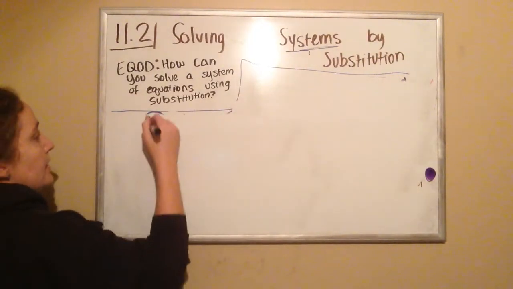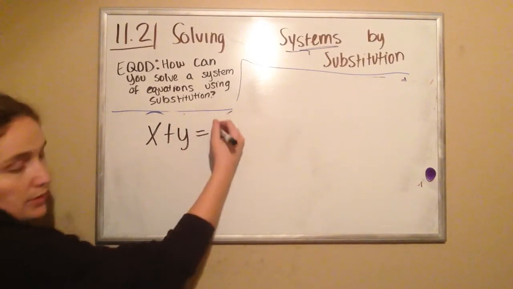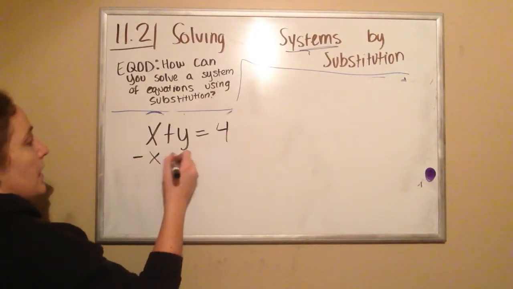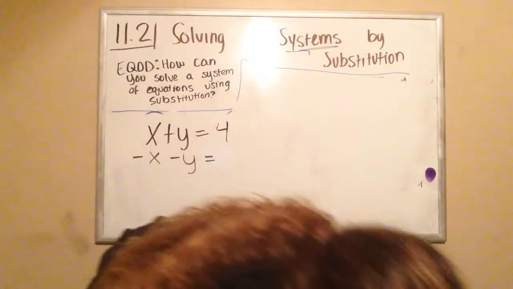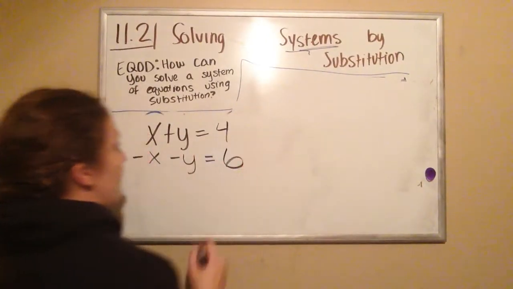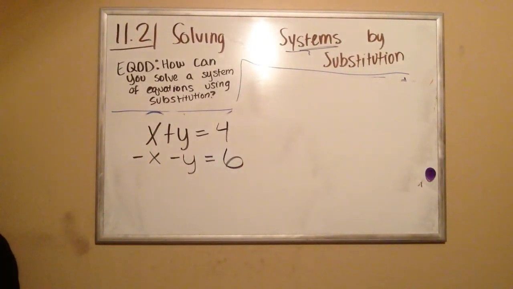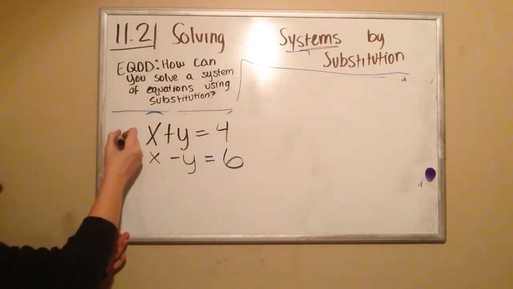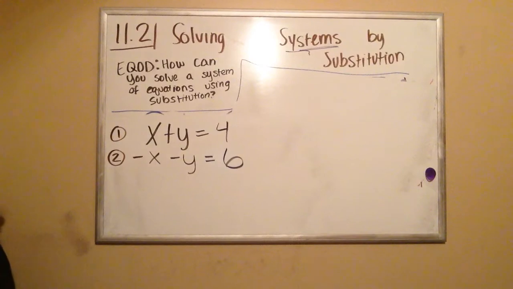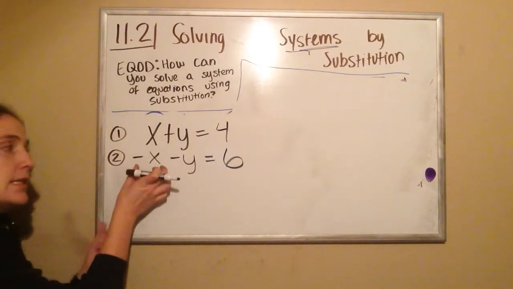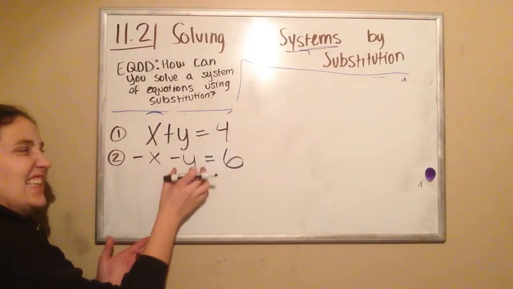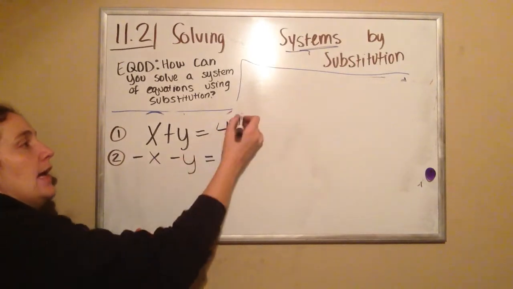All right, x plus y equals 4, and negative x minus y equals 6. Okay. So what we're going to think about here is we're going to use substitution again, and we're going to think, what are we going to plug in basically? So let's figure out what variable we want to get by itself and which equation we want to use. This one looks nice because you could add x to both sides, but then you'd be stuck with this negative y. I don't like the negative y, so I'm going to pick equation 1,